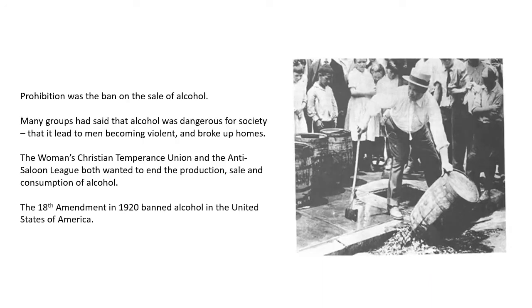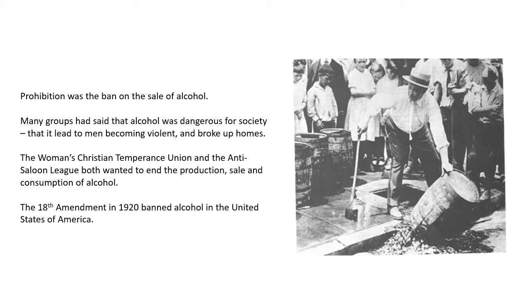In January 1920, the US government made the production and sale of alcohol illegal. This was known as the Volstead Act and declared that any drink with more than 0.5% alcohol content was illegal. The only way to make alcohol illegal in the whole of the country was to make a special law called an amendment. An amendment means part of the Constitution. The Constitution is the highest law in the country. So it was the 18th Amendment in 1920 that banned the sale, production, and consumption of alcohol.